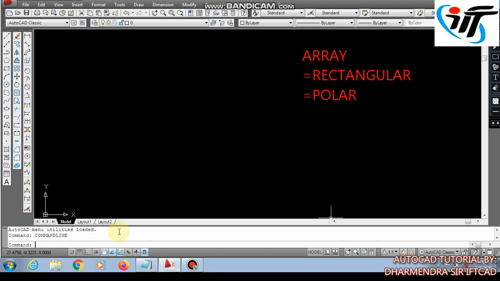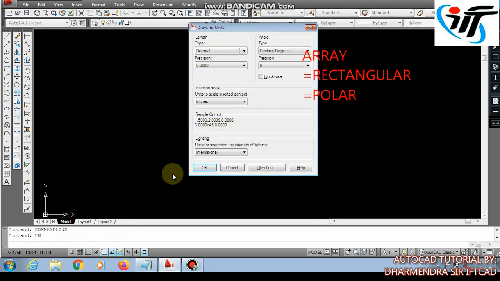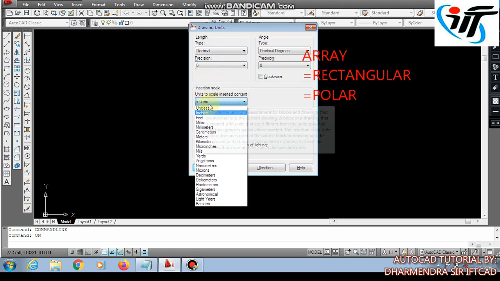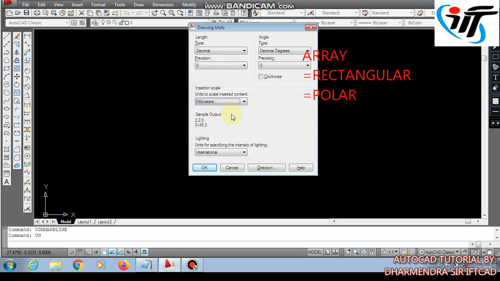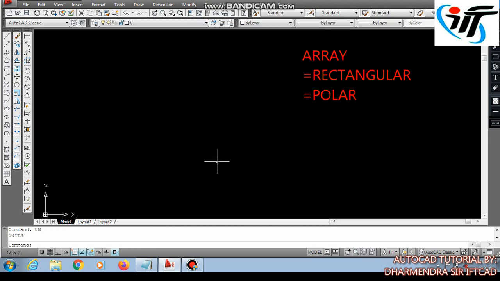First press UN enter for unit. Decimal is okay. Keep 0 precision and millimeters. Now click OK.